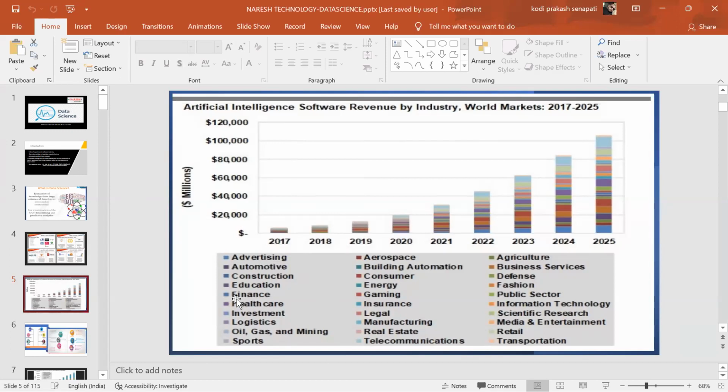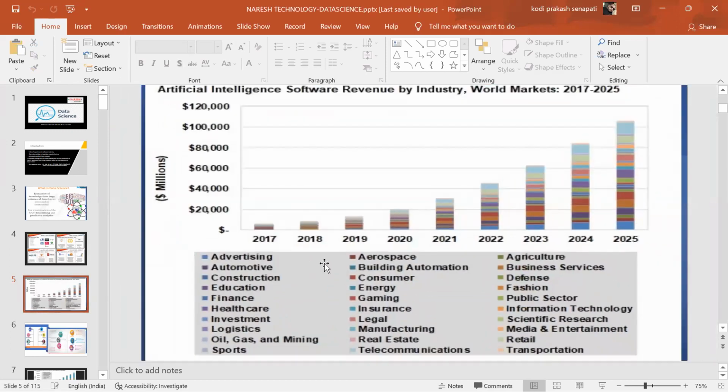Let me tell you. I wanted to ask a few questions. Advertising domain. Do you think it will close tomorrow? Advertising. Yes or no? No. Automotive industry. Will it close tomorrow? No. Construction. Not at all. Finance, never ever. Education, never.